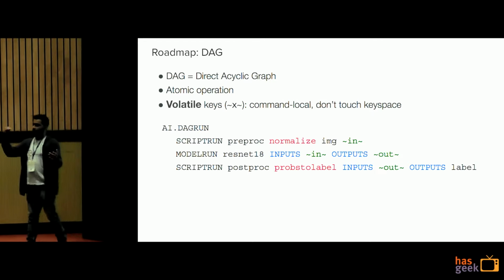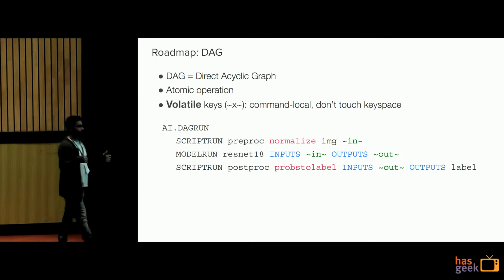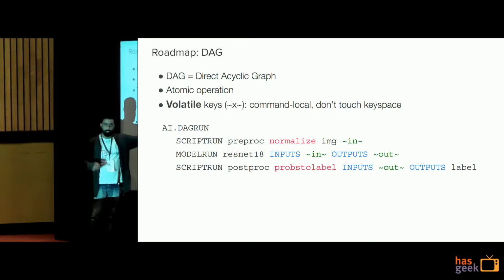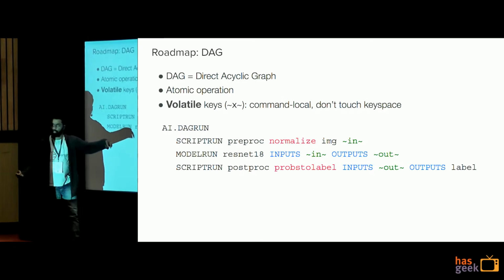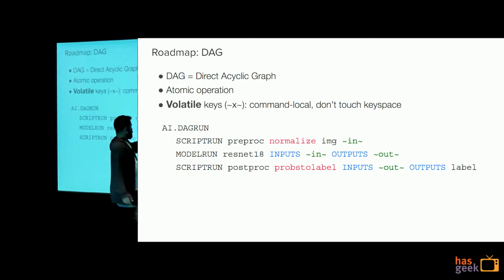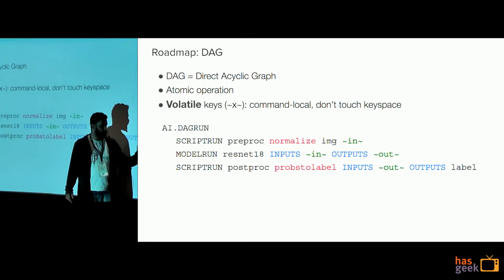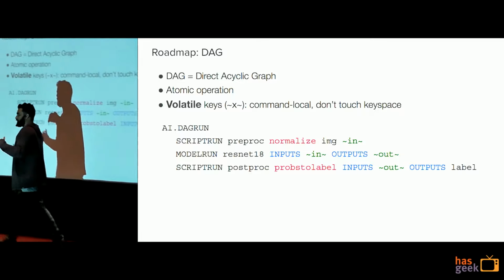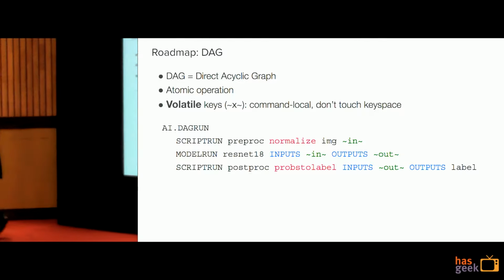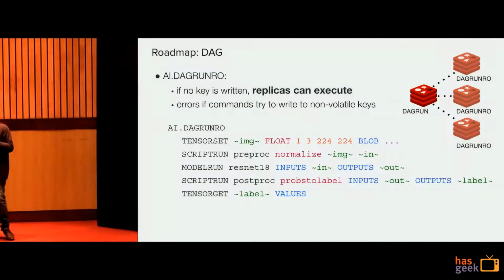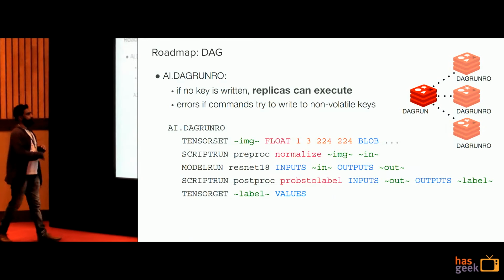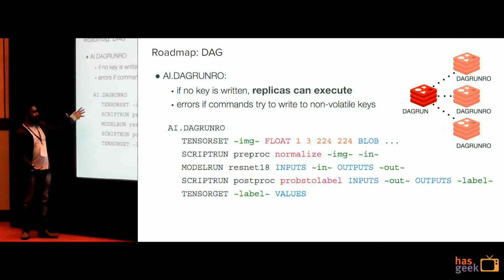So if it's inside your DAG scope, then you can use those keys, but you're not essentially writing to the Redis store. So you execute everything, and at the end of the command, you write only the last key. You are skipping writing the intermediate values. So the efficiency escalates in the DAG RO.